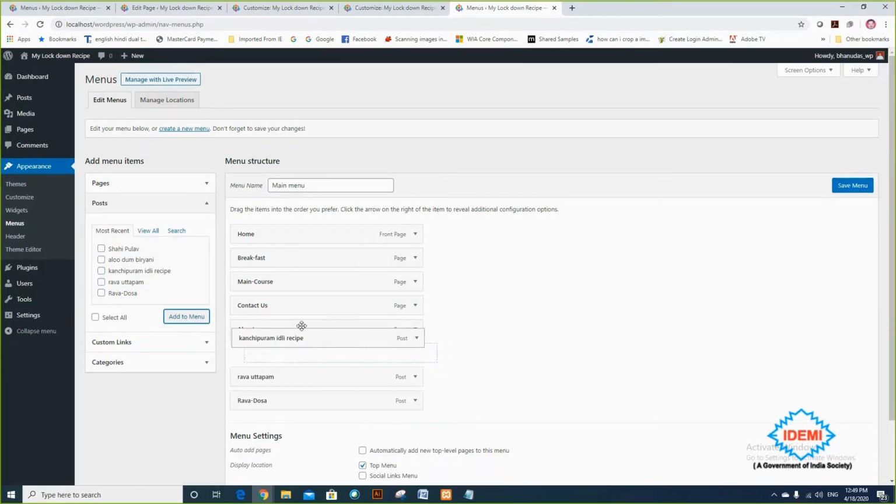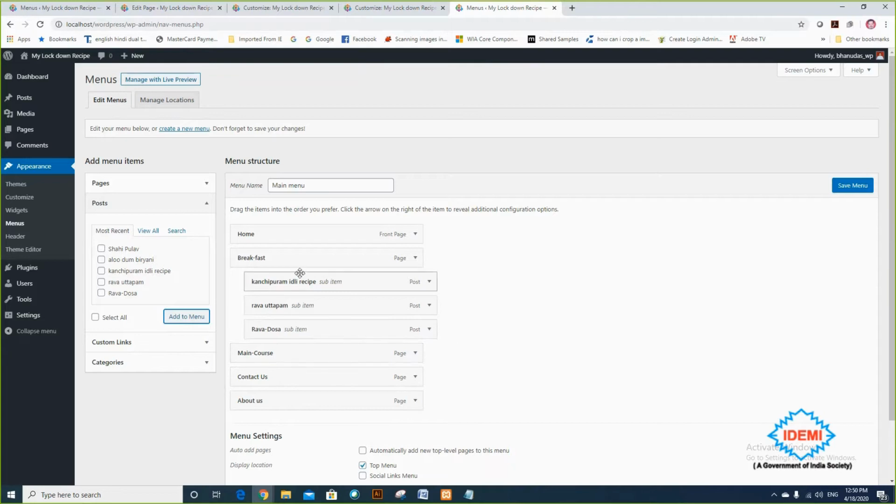So I'm just moving it and dragging it by leaving some space. Leaving some space means that it is a sub menu of the breakfast. Same thing I'm going to do, but I'm just shifting here. Otherwise, it is a sub menu of Kanchipuram Idli, which I don't want, and rava dosa.